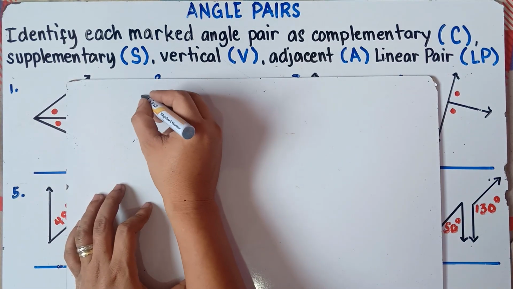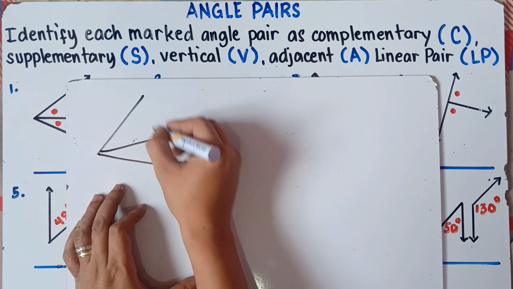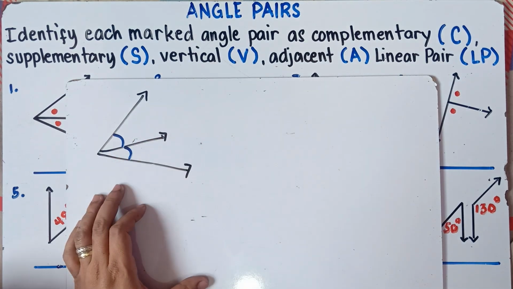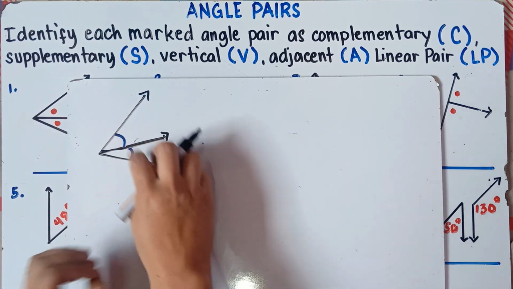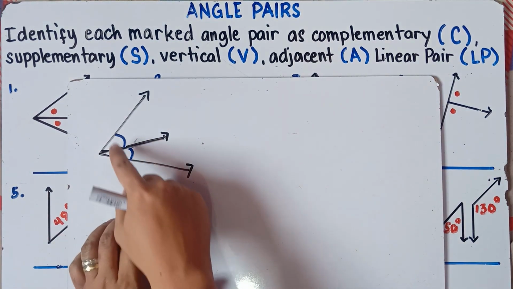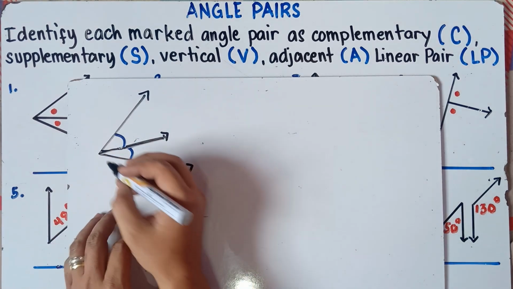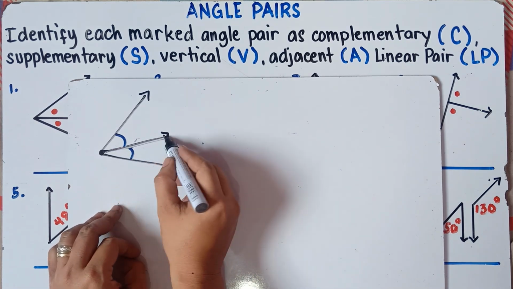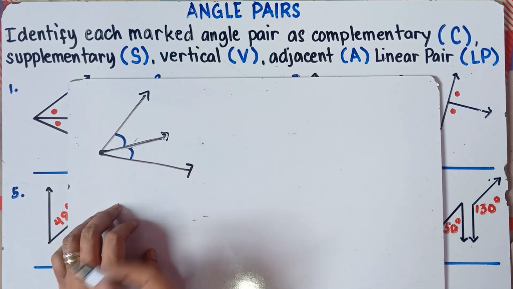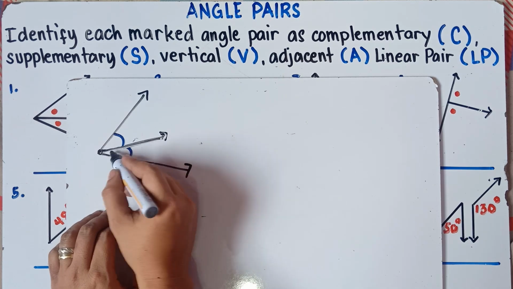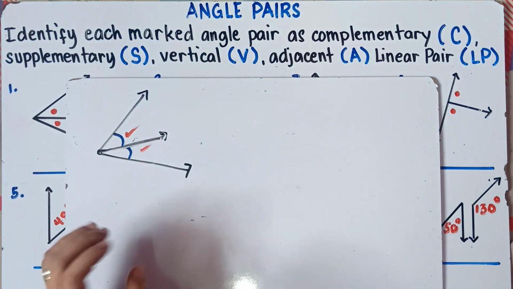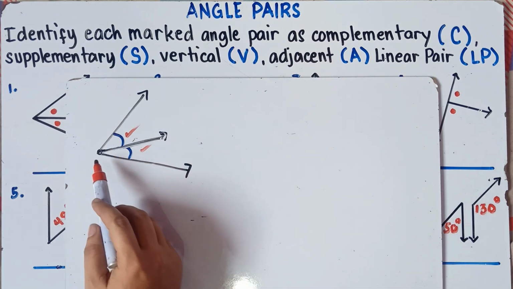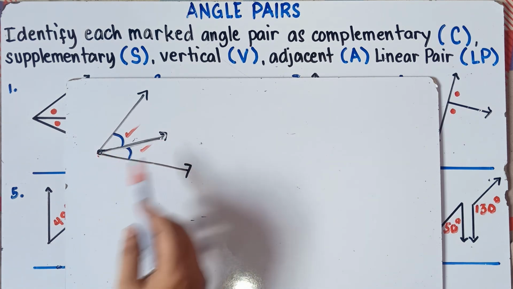Now for adjacent angles, class, if you have two angles, this angle right here is adjacent to this angle. Now question, sir, why do you call these two angles adjacent angles? We call these two angles adjacent angles if they share a common vertex. So this is the common vertex, and they share a common side. When they share a common vertex and a common side, these two angles are what we call adjacent angles. So once again, these two angles are adjacent angles because they share a common vertex and a common side.